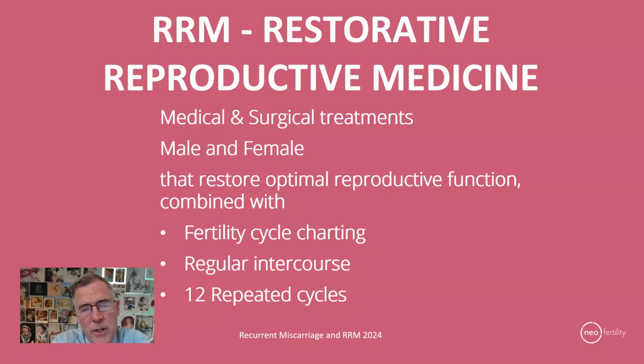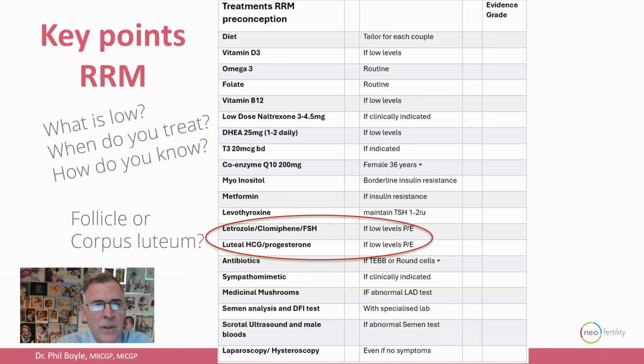So one of the deficiencies of our colleagues is that they give up too soon, after anywhere from 3 to 6 cycles, and they need to persist for longer. And they need to monitor the impact of intervention better with the fertility cycle charting, with ultrasound and hormone studies, and then allow conception to occur in a favorable environment. So there's a huge amount that needs to change here in the way we understand and manage fertility. And in the world of restorative reproductive medicine, we need to challenge our peers in that direction.